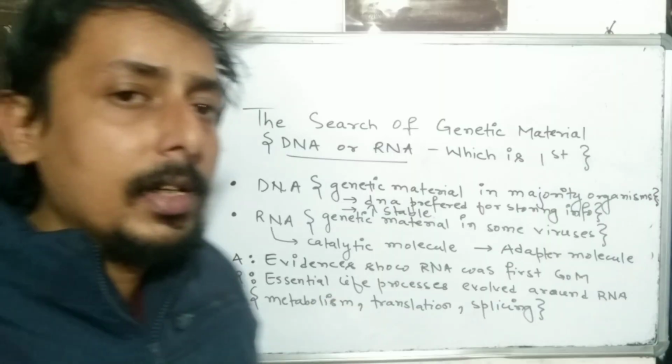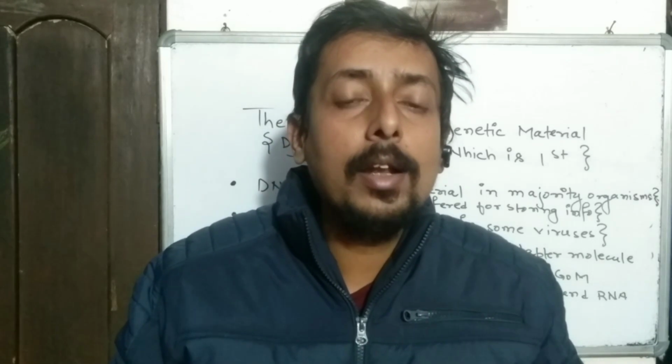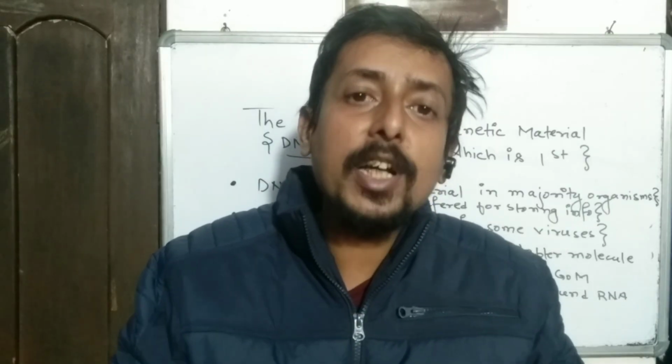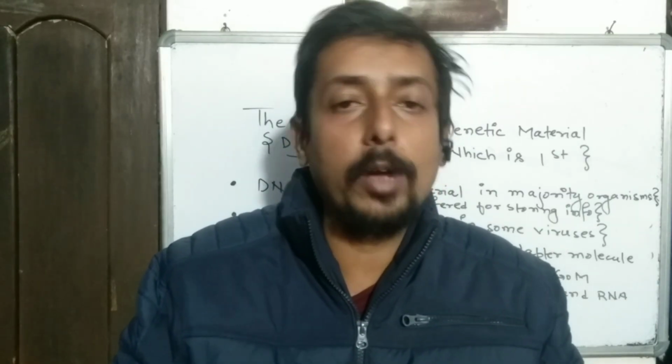So before telling about this, let's see what a genetic material is. Now there are 3-4 points in it. I am going to explain one by one. Number 1 point, a genetic material is a chemical molecule that can store certain information in it. From classes 8, 9, 10 we have heard that all the information, how the cell will act, what molecules the cell will produce, what chemicals the cell synthesizes, all are encoded in the DNA or the genetic material. So this is the number 1 feature of genetic material: it can store information.